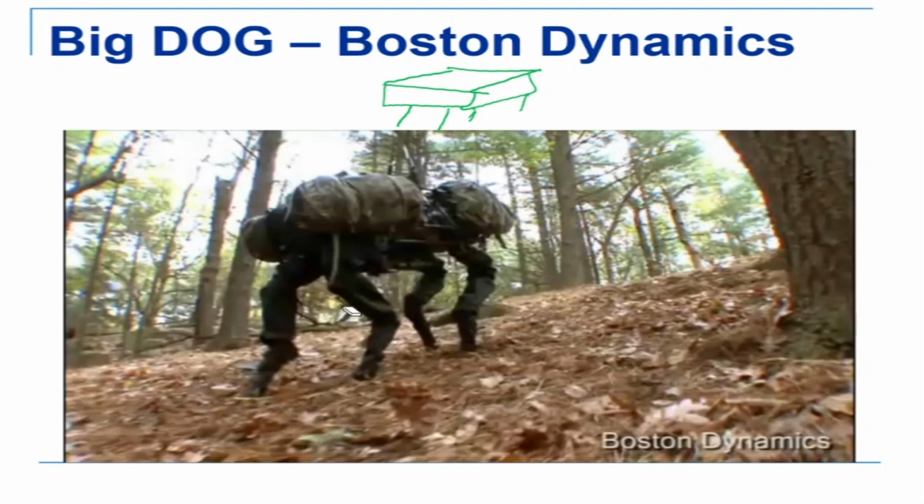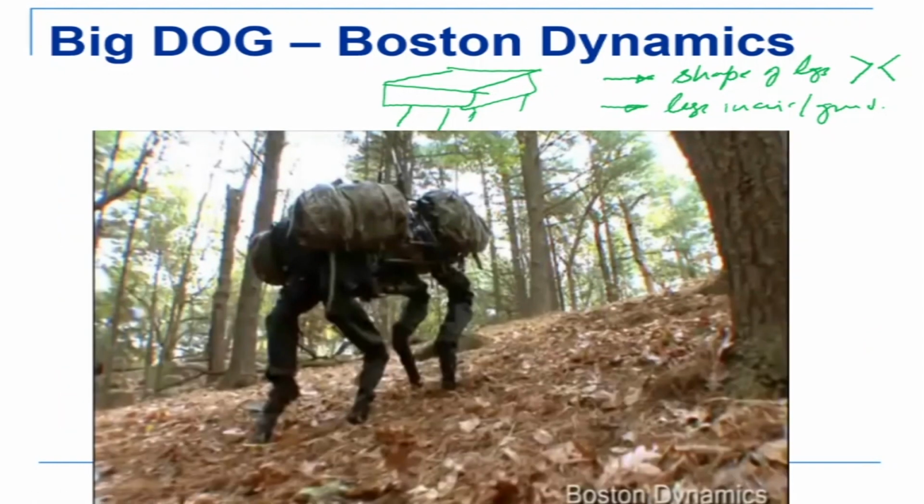Now the other thing that you look at is, number 1 is shape of legs, whether it is bent like this or it is bent like this. Number 2 is look at legs in air and ground. So there are 4 legs. These are the 4 leg contacts. Please watch them carefully. How many legs are being lifted at one time and the body is going forward? Let's have a look at this video, and please note very carefully the shape of the legs. Please note that the shape of the legs is bent backwards, and also look at when the legs are making contact with the ground and when the legs are on top.